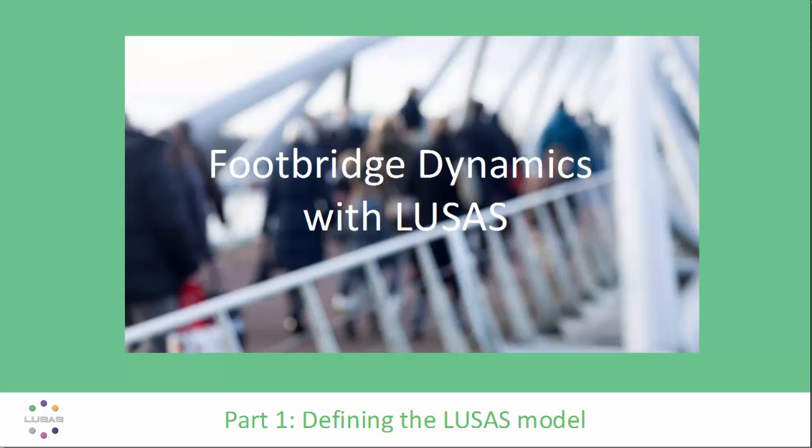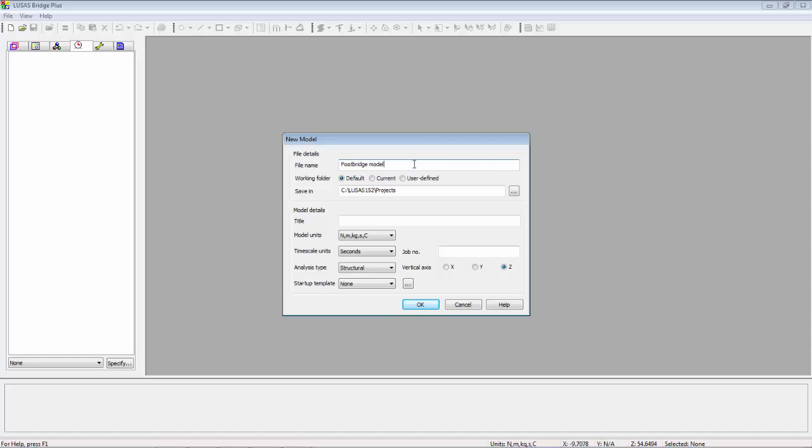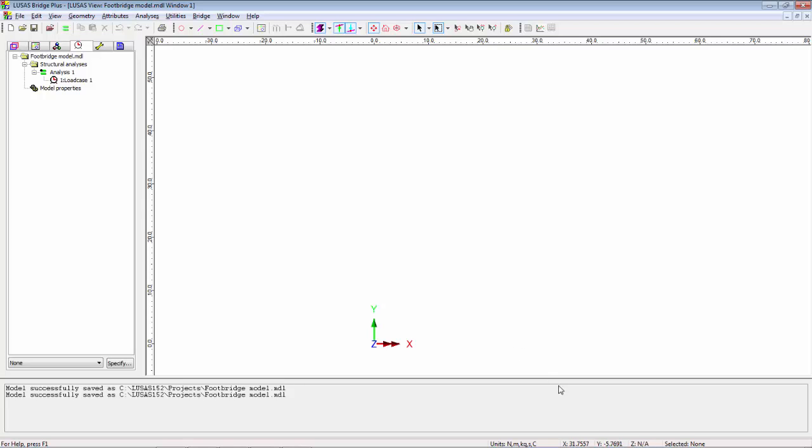In this session we're going to define the basic LUSAS model that's going to be used for the dynamic checks. I'm going to create a new model called footbridge model. I'm going to work in the units Newton meters. This is important for the code checks we're going to do later on, and Z is going to be my vertical axis. I'm going to click in the Y box just to look down the Y axis,